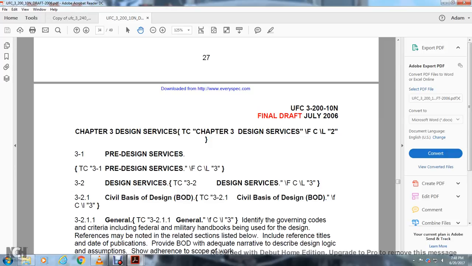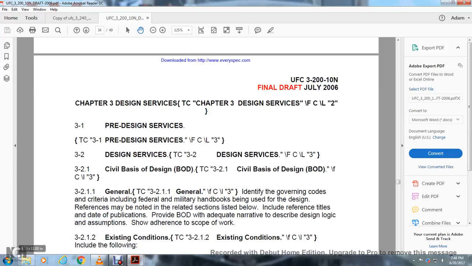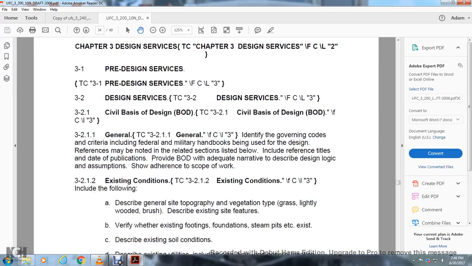Basis of the design. General: identify the governing codes and criteria, including the federal military handbook being used with the design. References may be noted for the latest section listed below, including the reference title and date of the publication. The basis of the design should have an adequate narrative, description, design logic, and assumptions to show adherence to the scope of the work. Existing conditions include the following: